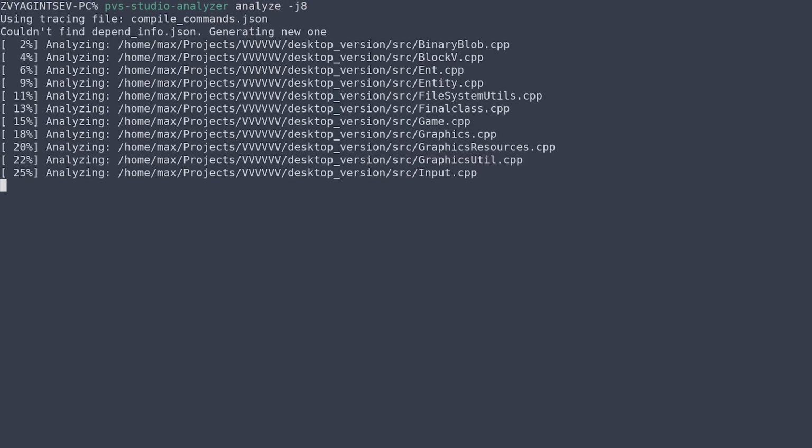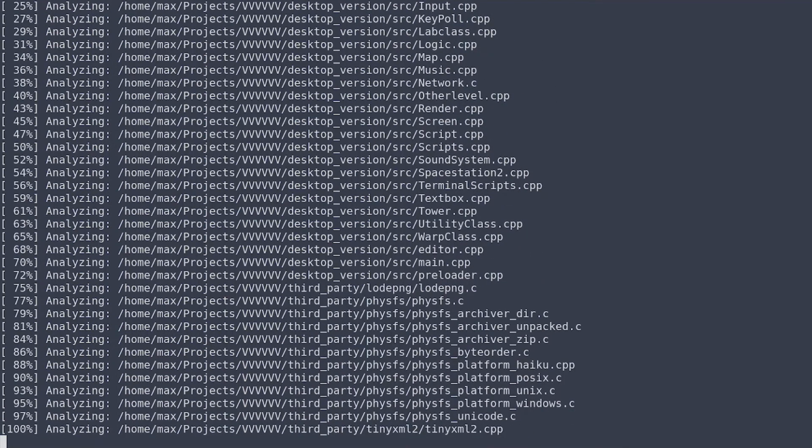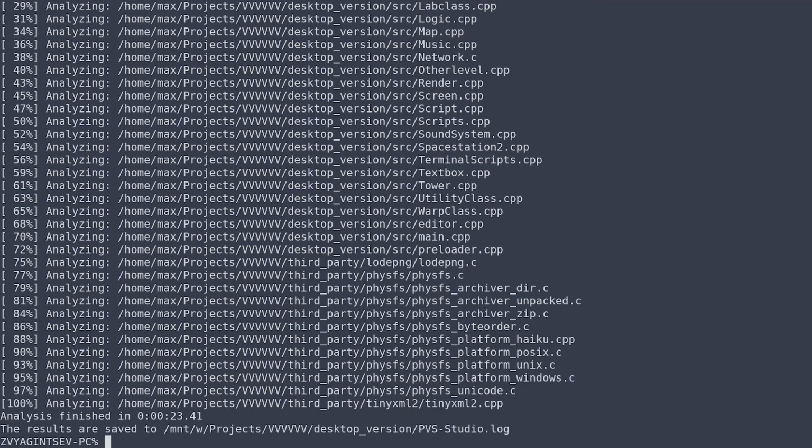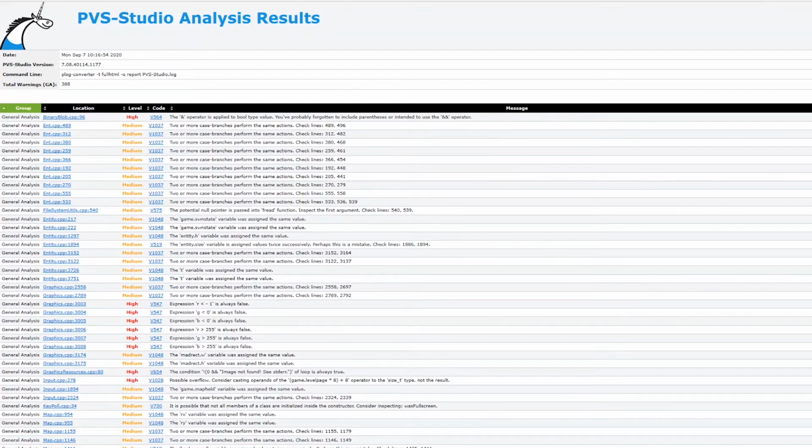Now it's time for Linux and Mac OS CLI tools. PVS Studio Analyzer has the same logic for suppressing warnings. We need to provide a file with the analysis results, and the utility will suppress warnings from it. So let's start by running the analysis. To do this, we go to the root of the project, select the Analyze mode, and specify the number of desired execution threads. In my case, 8. After that, we will get a file with the analysis results, which we'll continue using. Let's use conversion to check the report contents. As you can see, everything is in place.